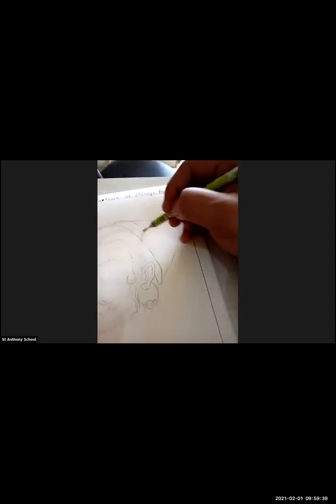So before drawing the cap, look at this. This is how you're going to do it.